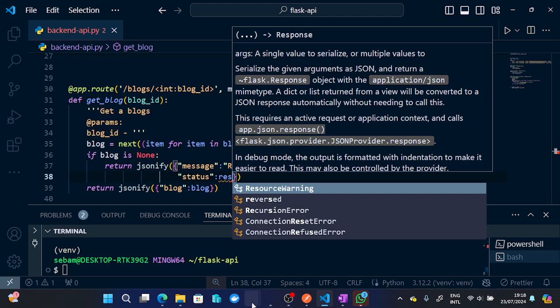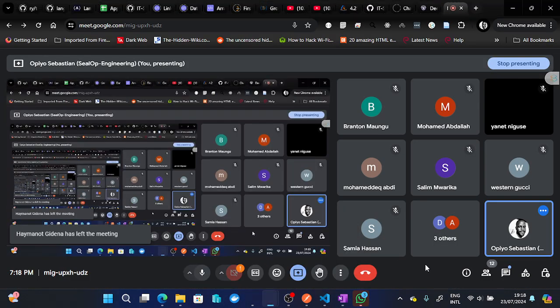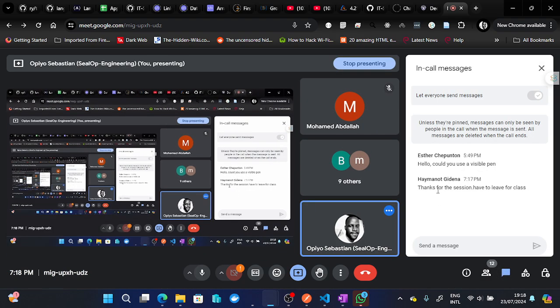Someone wants to join or is leaving, I don't know, or it's a question. Oh, it's leaving for class. Yeah, if you have a class, you can leave. I think I should end it in a few. So I'm just doing the last API, or